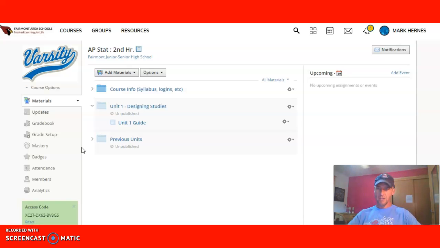I know it has really good capabilities as far as assessment. I'm not super familiar with those yet. I'm a little concerned that the assessment capabilities seem to be mostly in terms of multiple choice, and there's a place for that, but it's tricky for math. So I'm hoping we'll be able to do some in-person assessments as well, so kids can do free response things. But that's something I'll have to learn more about. I know Schoology has those capabilities; I'm just not super clear on all of them.